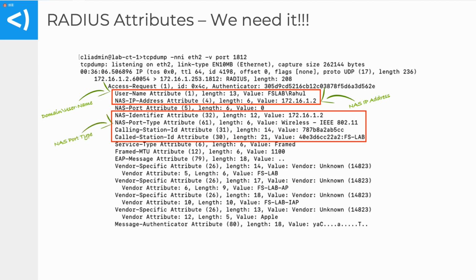The next thing that you see is your port type. As I said, this is an Aruba wireless access point, so you can see it is mentioning wireless. If it was a wired communication, it would say wired with IEEE 802. Whatever it is. The other one is your calling station ID, which is essentially the MAC address of the host,